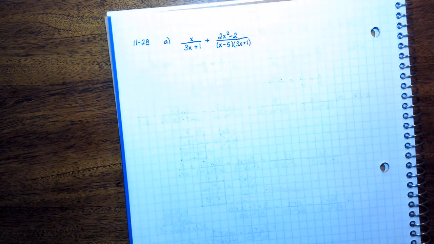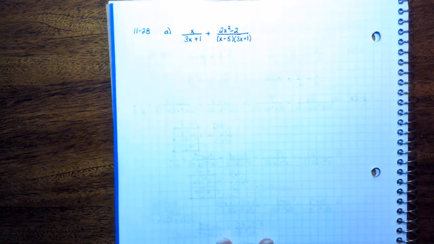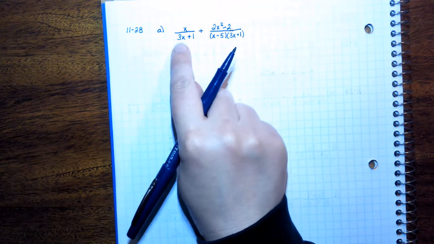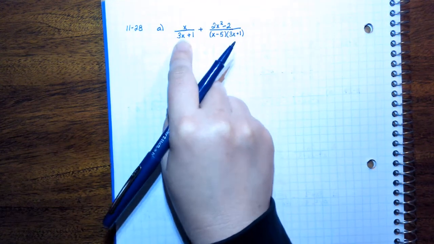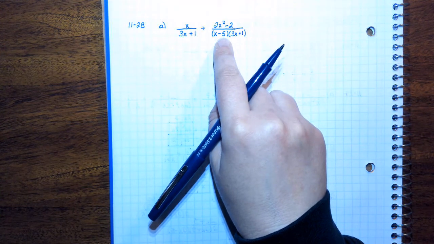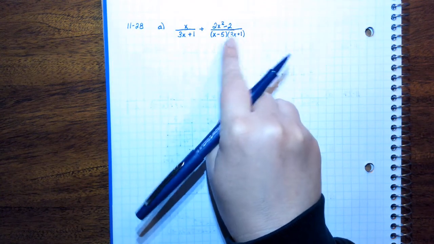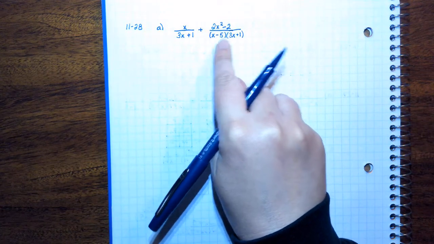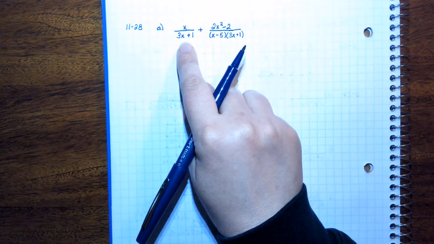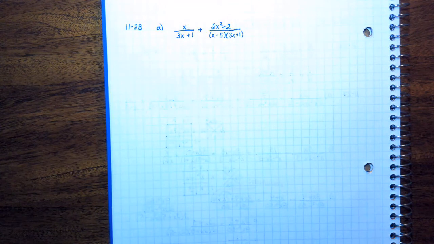Alright, so I need to go pretty slow here so that I don't lose people. What I want you to imagine is that 3x plus 1 is a number, and x minus 5 is a number. On this side of the problem, I have these two numbers being multiplied together in the denominator, and on this side, I have one of the two numbers. So what I'd like to do, if I can find my